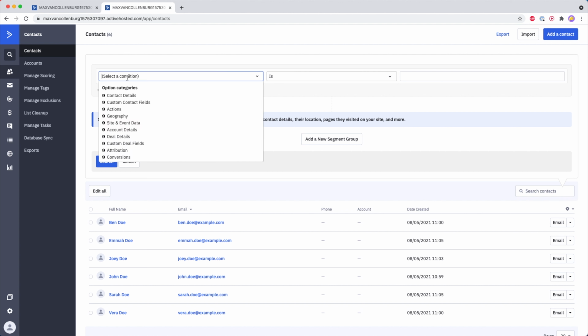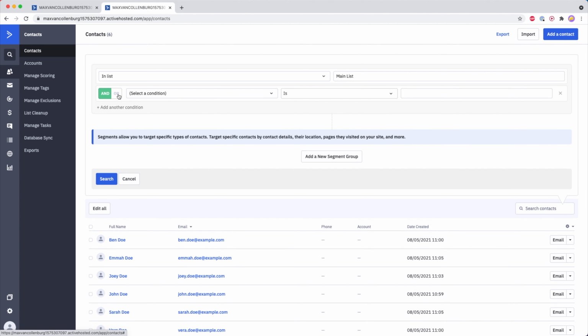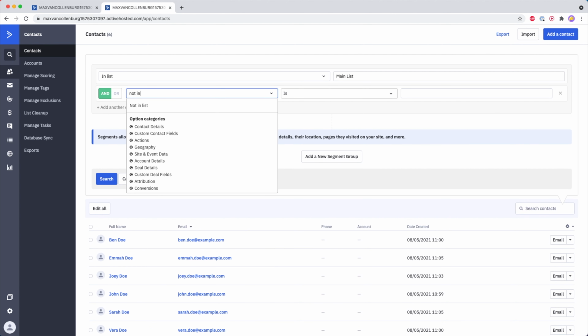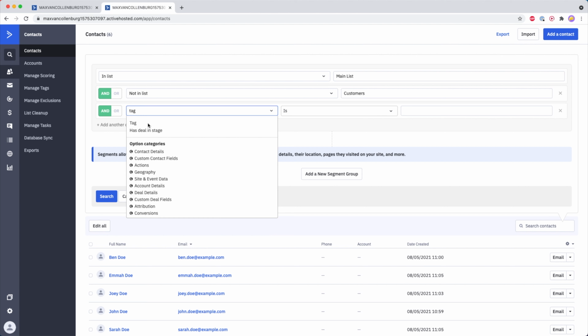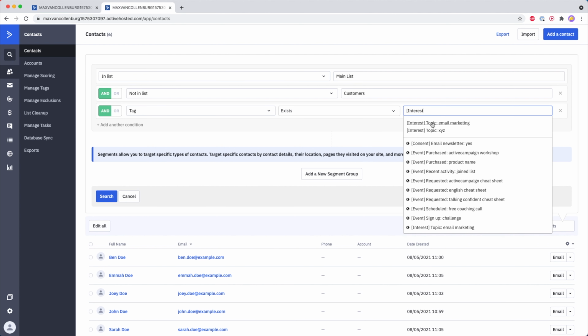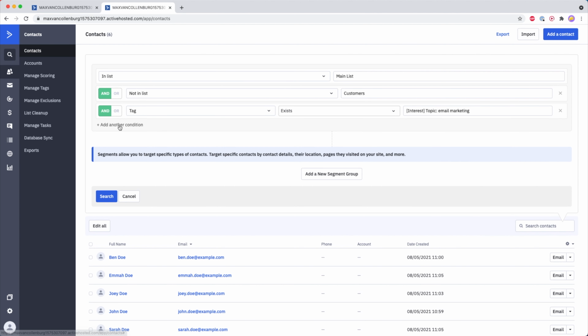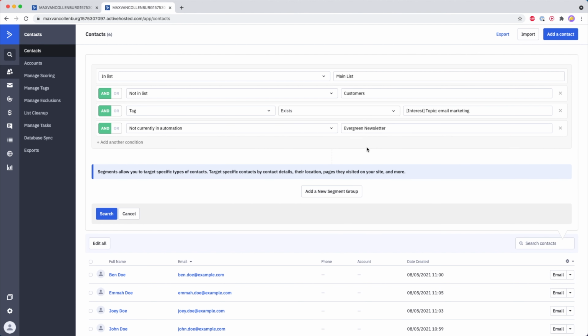So for example, I could say, okay, I want to get everyone who is in the list main list, and is not in the list customers, and the tag exists: interest topic email marketing. And you can just keep going here. You can also say not currently in automation, evergreen newsletter.